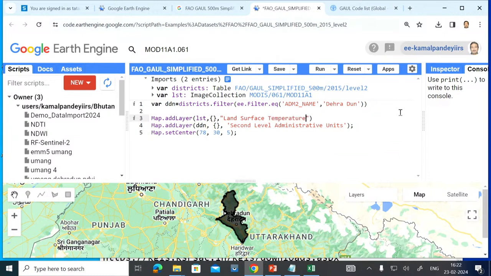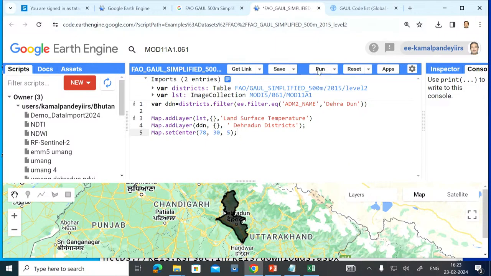Now this was actually districts, so I will write it here as districts, and Dehradun district basically. So here also land surface temperature, you can see it has to come in single inverted commas, otherwise it will give an error.